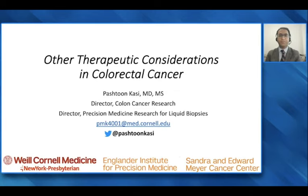Anti-VEGF is obviously focusing on the tumor microenvironment, so it's not surprising, with the data from the SUNLIGHT trial and the data with bevacizumab beyond progression, and now this continued benefit with an anti-VEGF agent, that this is still providing benefit in our patients with metastatic colorectal cancer. Again, not necessarily a home run,